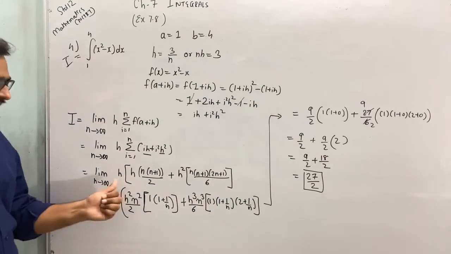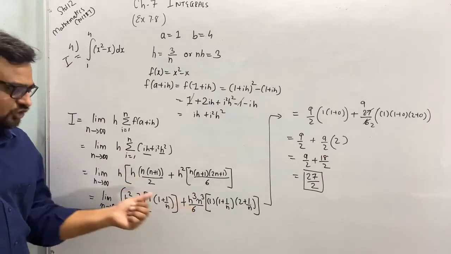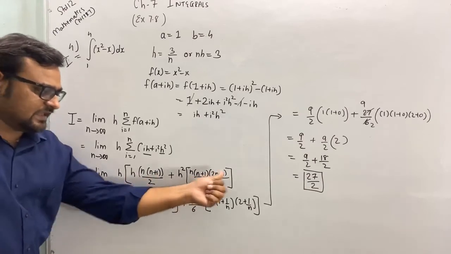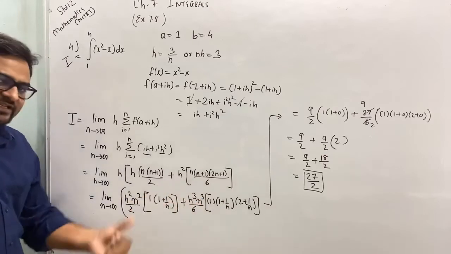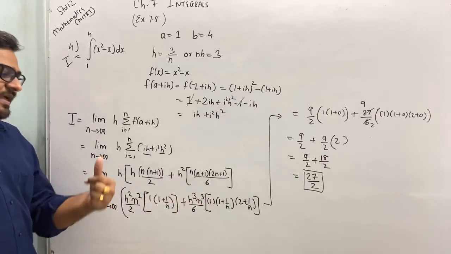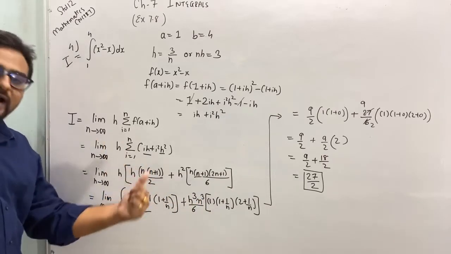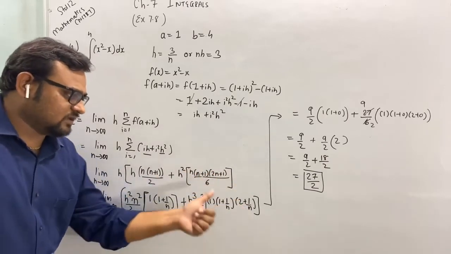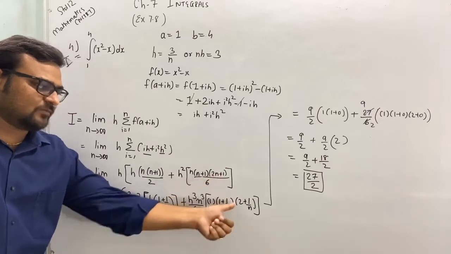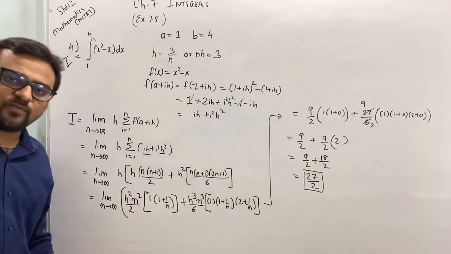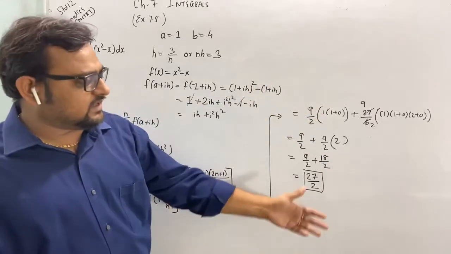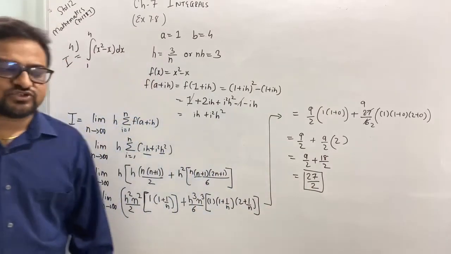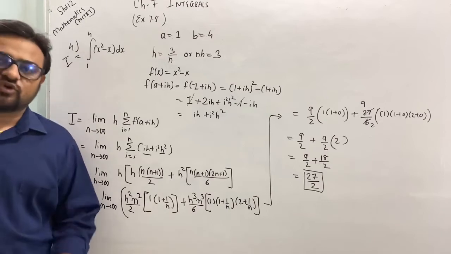Now multiplying it, it's h square and h cube, taking n common, so n square, n cube. So where there is n, I am putting 1. When there is a constant number, divide by n. See, 1 is constant, 1 by n. 1 is constant, 1 by n. 2n, it's 2. Instead of n, I am putting 1 because I had taken it as common. And finally, removing the limit, we get 27 by 2. Clear? So just go through this question.